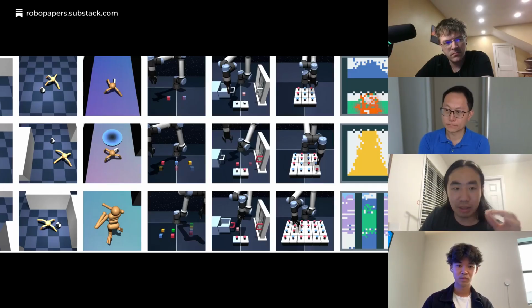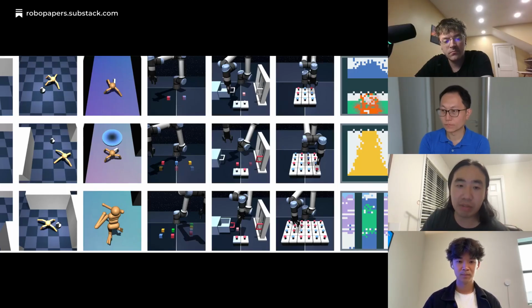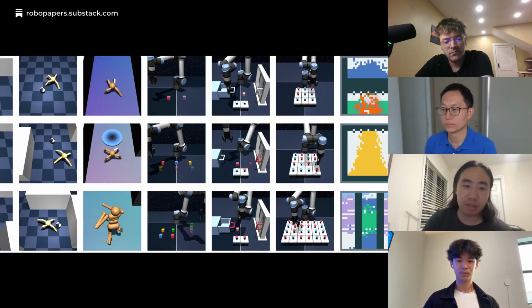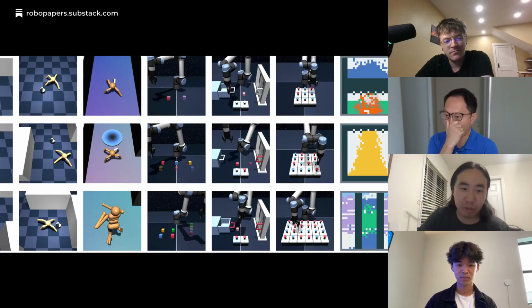So we will add the comparison, right? It's not in the paper right now, but we do plan to add it in the next revision of our paper because we think it will be a really valuable comparison to skill-based or hierarchical RL methods, since they're pretty similar in the formulation sense.